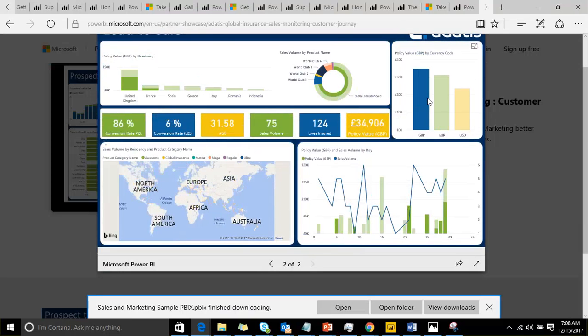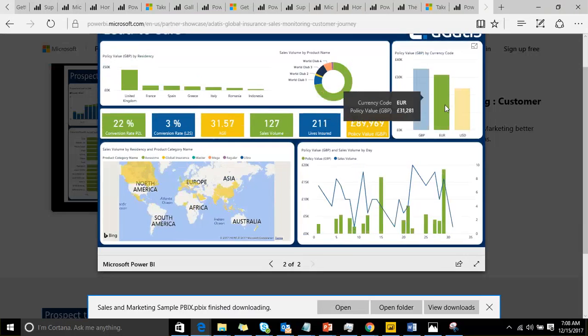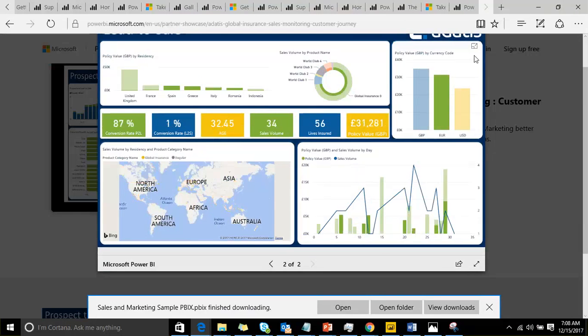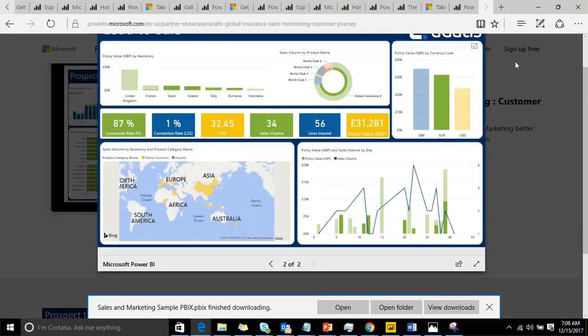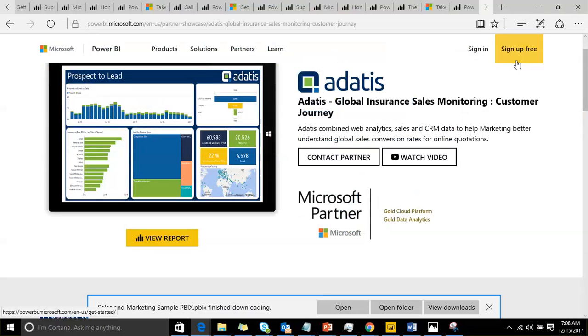You can interact with their report like that. You can see their sample reports, developed by someone for the same domain you are working on, so that you get a clear picture of what KPIs you need to use, how they are representing them, and how they are designing everything.